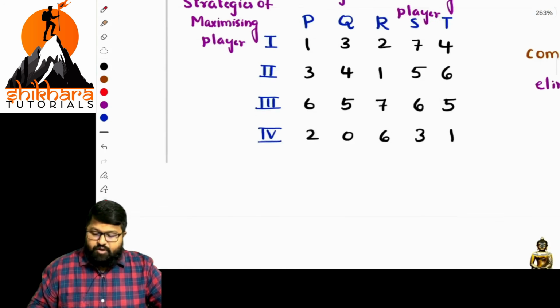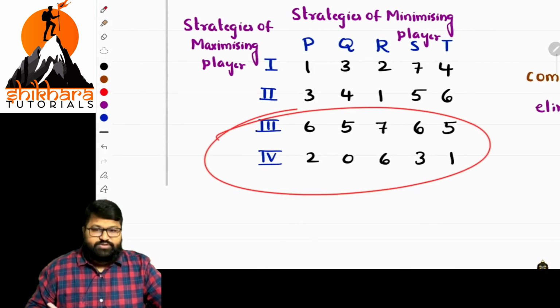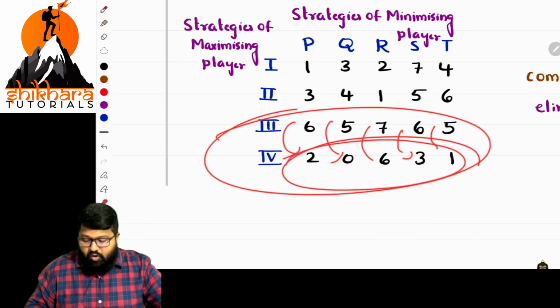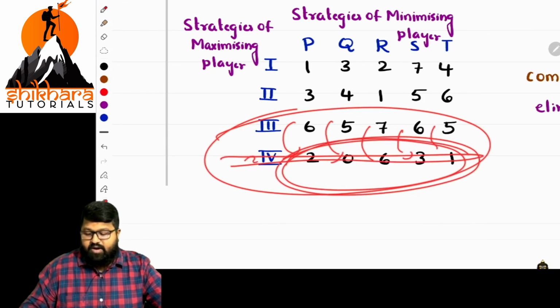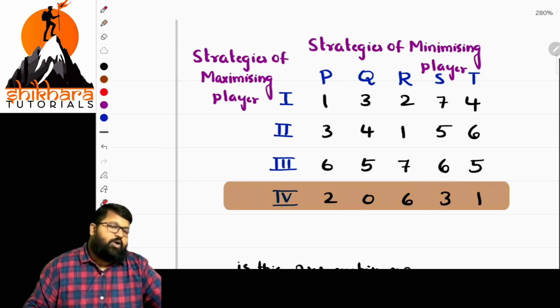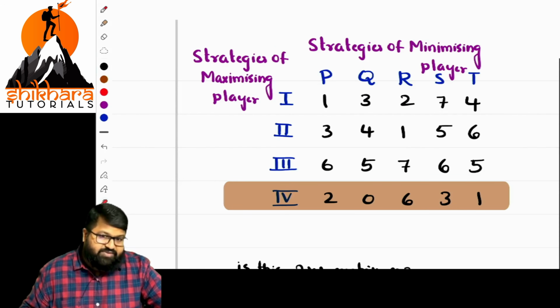So what have we tested? We have tested these two rows. From this, we got this as the least. Every element is least now. So this row has all the least values, so we are eliminating this part. The same is mentioned here. Okay. Now, is it a 2 by 2 matrix? No. So until it reaches a 2 by 2 matrix, we keep on eliminating.